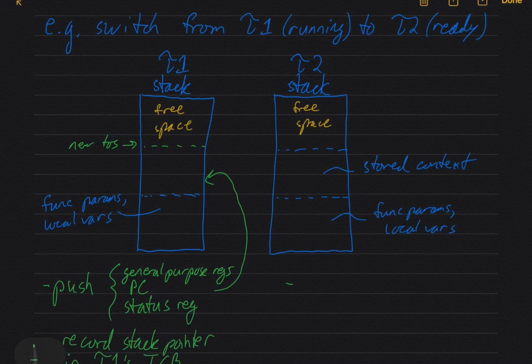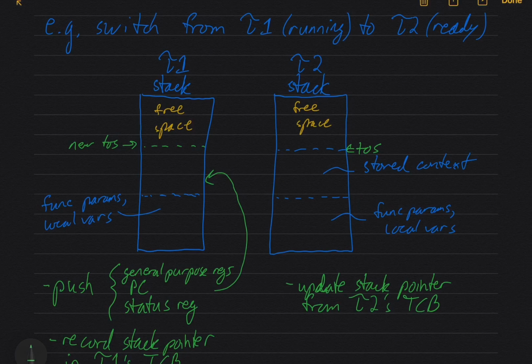The thing that we're going to do is, it's in the opposite order, so we will update the stack pointer from task 2's TCB, so it will now point here, top of a different stack,